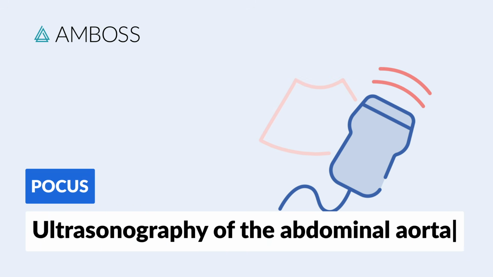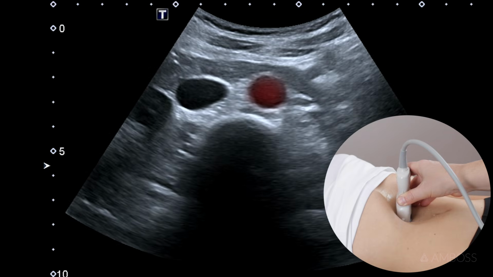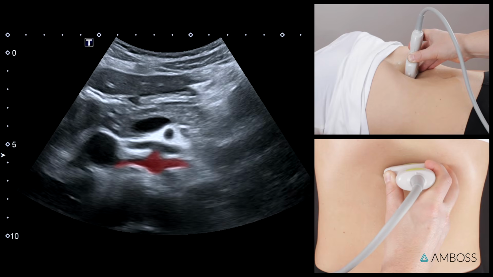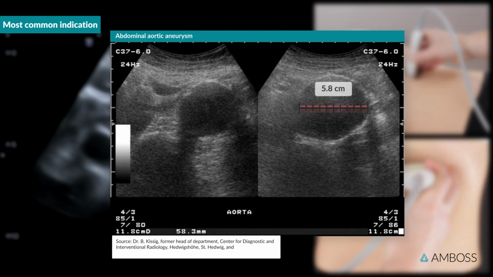Ultrasonography of the abdominal aorta. In this video, we'll show you how to perform an ultrasound scan of the abdominal aorta. The most common reason to perform a point-of-care scan of the abdominal aorta is to check for an aneurysm. We'll talk about that a little later, but first we'll go over the basics of how to perform a scan